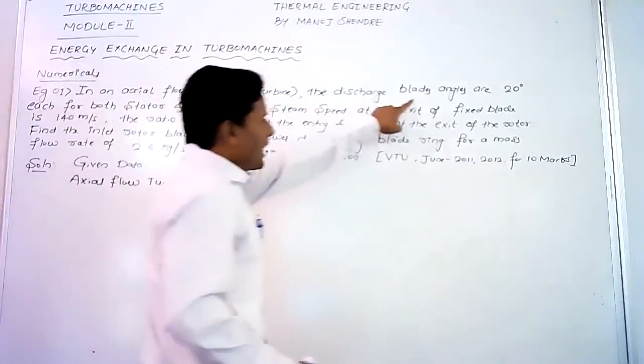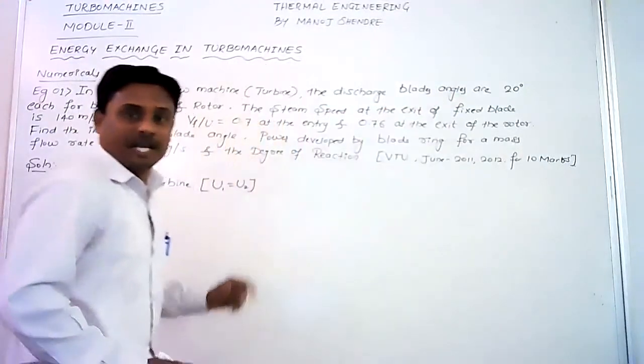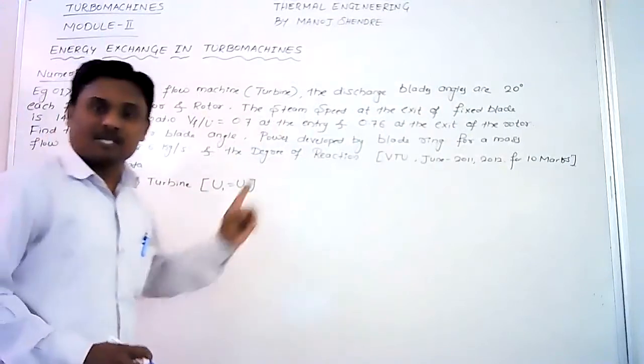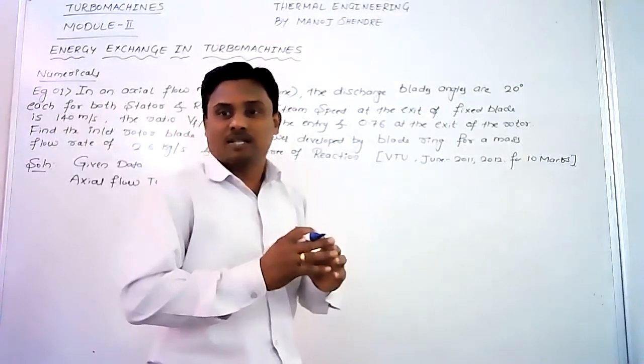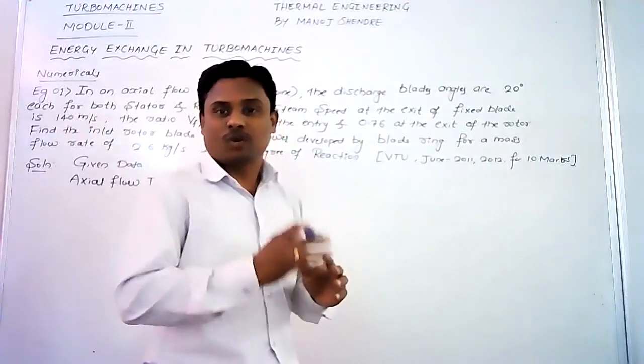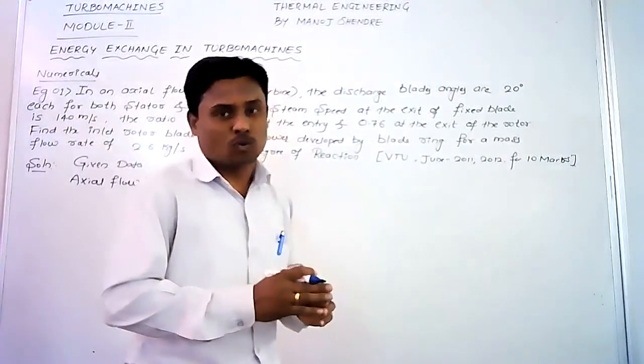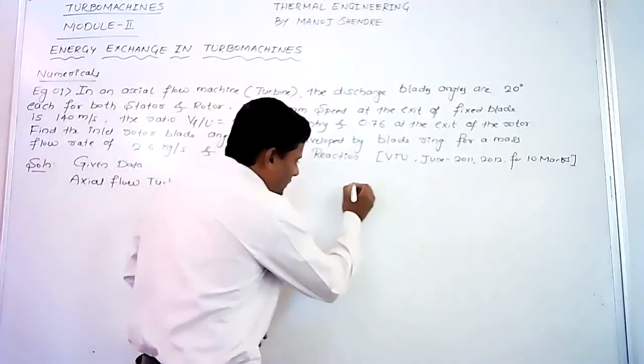The discharge blade angles are 20 degrees each for both stator and rotor. This is very important. So the discharge blade angles are 20 degrees each for both stator as well as rotor. Now